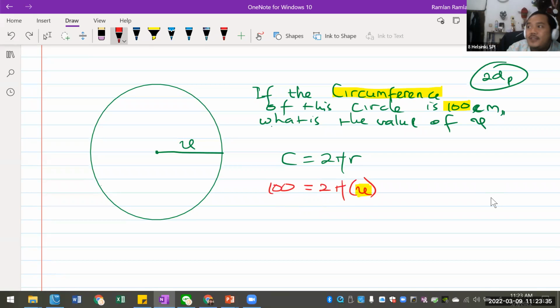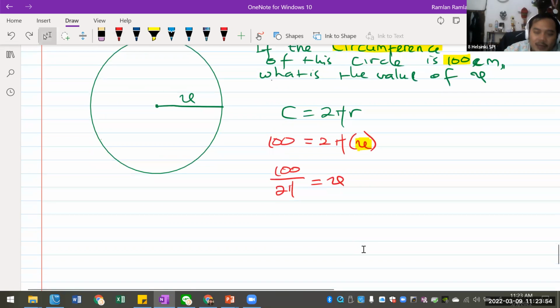Hati-hati ya, division. Oke. Tristan masih kurang tepat. Rico hampir dikit lagi. Ken udah benar. Oke. So I'm gonna move that 2 pi to the left side, right? So that will be a division, right? Like this. Ini tinggal masukin aja ke kalkulator, ya enggak sih? 10 divided by 2 pi. If I put that in a calculator, you will get